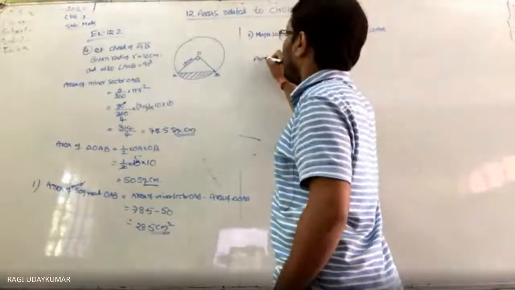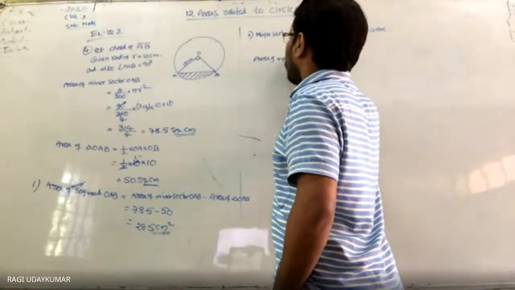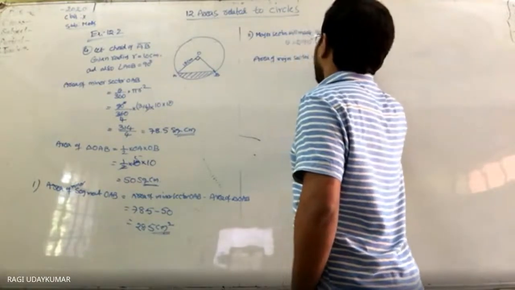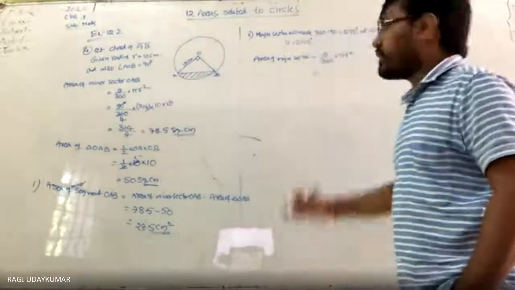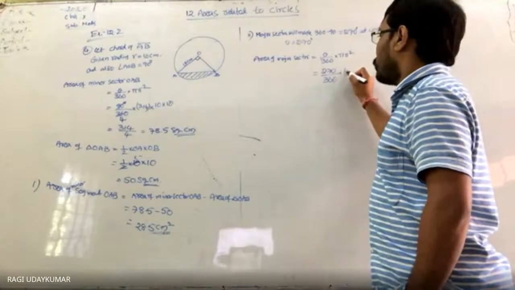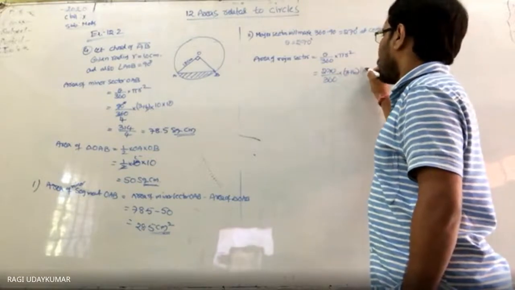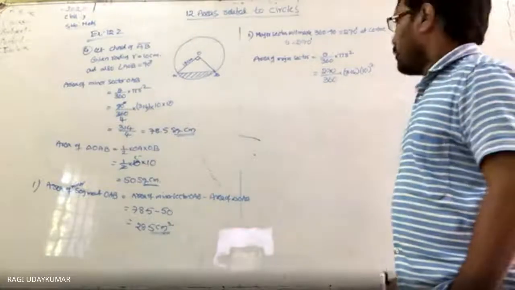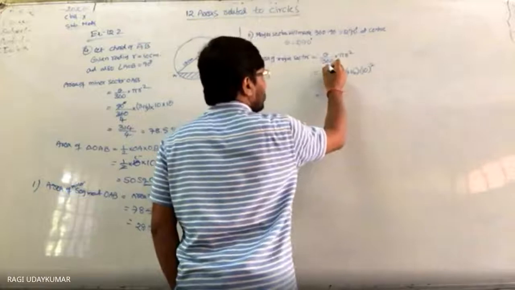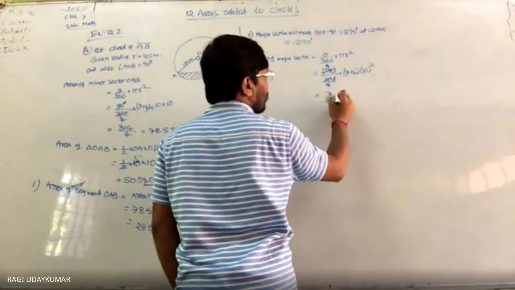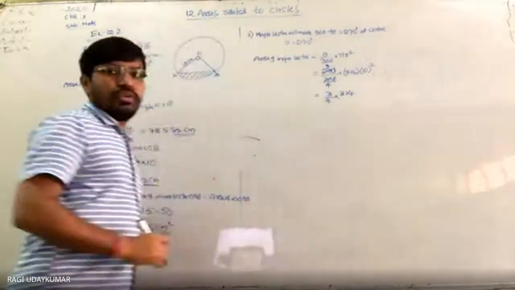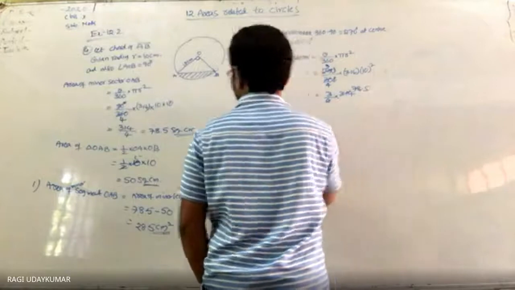So the area of the major sector is equal to theta by 360 into pi r square, which is equal to. So what is theta here? 270 degrees by 360 into pi value to be taken as 3.14. The radius is given to you, 10. So 270 is nothing but, 9 3s are 27, 9 4s are 36. So 3 by 4 into 314. So we are going to get, 4 cancels, equal to 78.5, already given here.